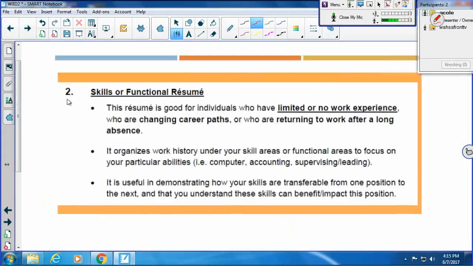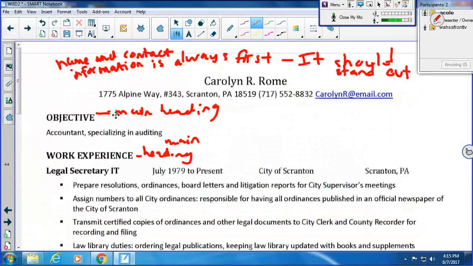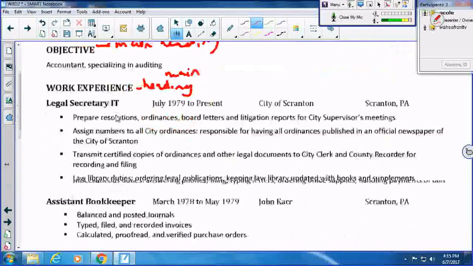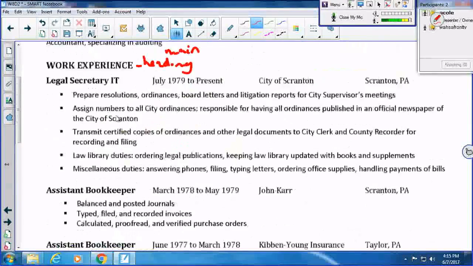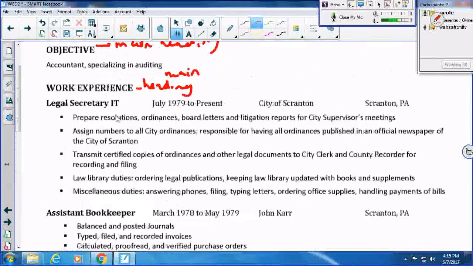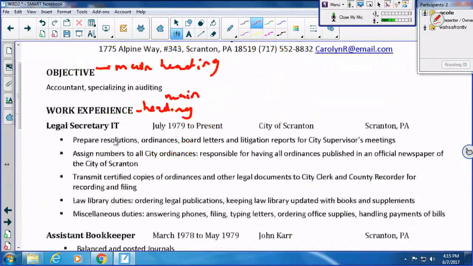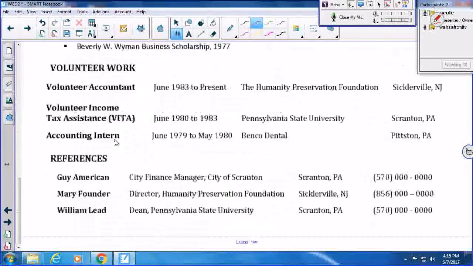Second type of resume, right? So the other thing that I'll say, sorry to flip back and forth, with a chronological resume, you see that it's longer, right? Because with a chronological resume, you've had someone that's been working in a certain field for a long time. And when we read this person's objective, it says accountant specializing in auditing. So this person has done a lot of accounting.